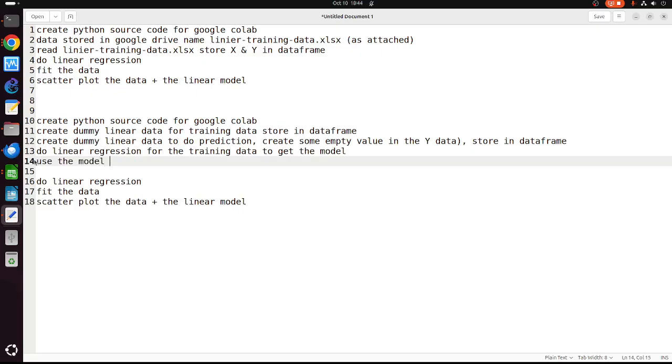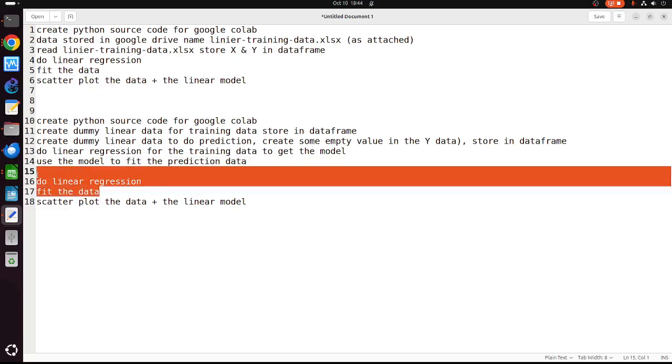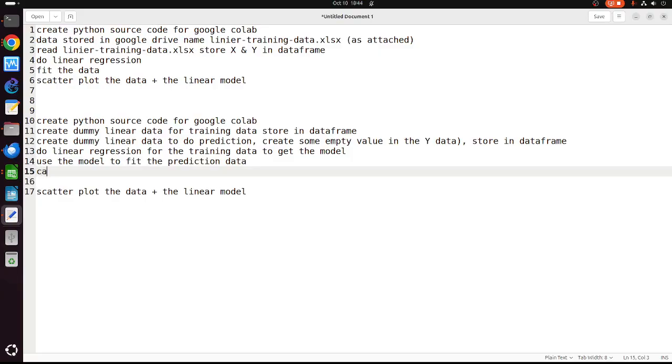Use the model to fit the prediction data, and then calculate the RMSE, root mean square error, and chi-square.